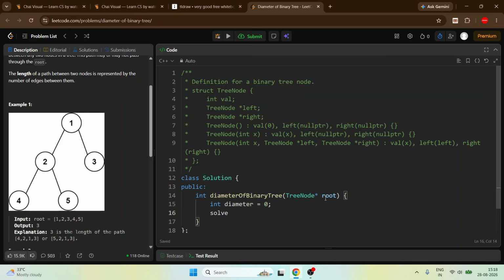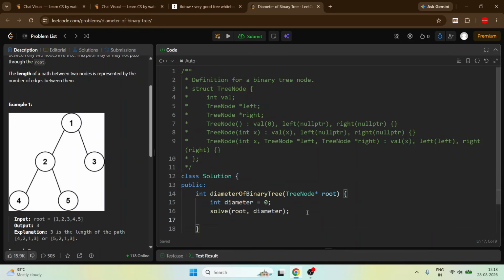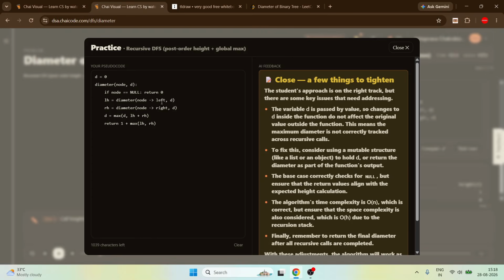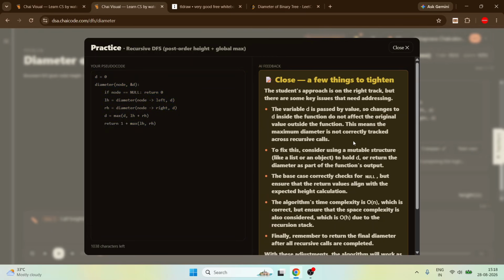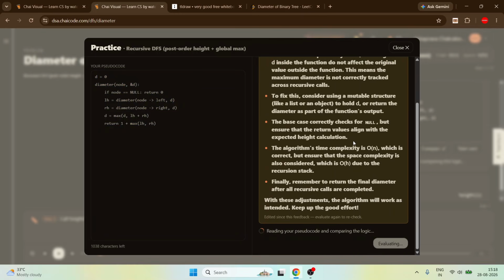We are taking a solve function which will take the root and the diameter. The diameter will be passed by value, not by reference. Let's see if this works.